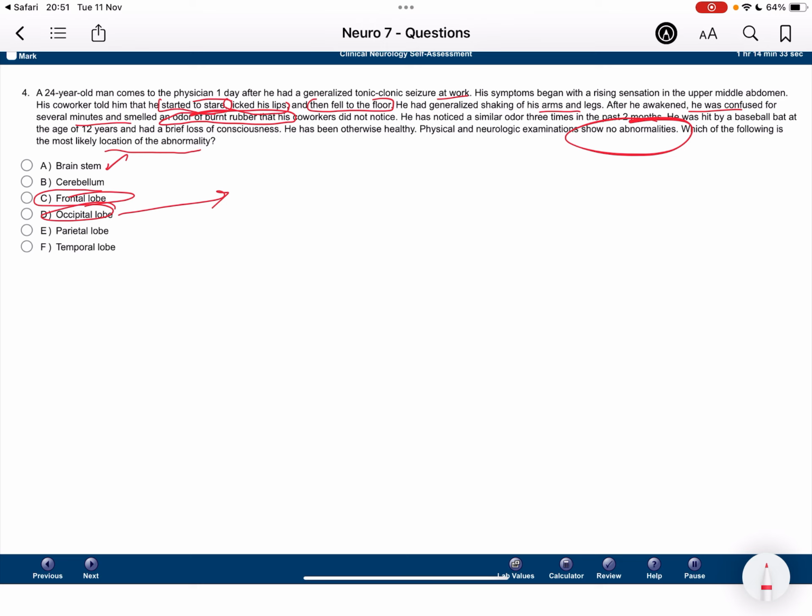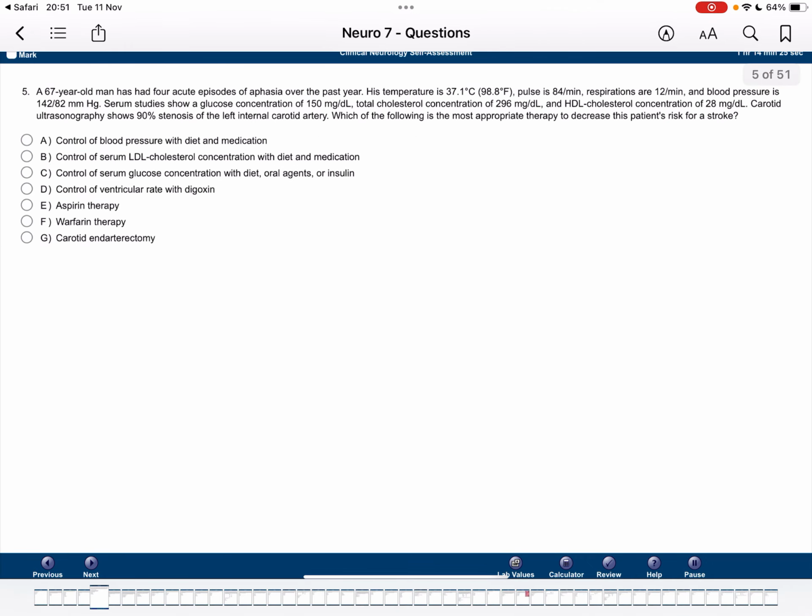Next, we talk about the parietal lobe. Whenever there is parietal lobe involvement, please do remember that the parietal lobe can also cause focal seizures, but there can be tingling, numbness, or there can be involvement of language, comprehension, or speech abnormalities. Temporal lobe, when it is involved, it is basically because of auditory hallucinations that we will be thinking of. All right, automatisms as well. We'll see the next question.